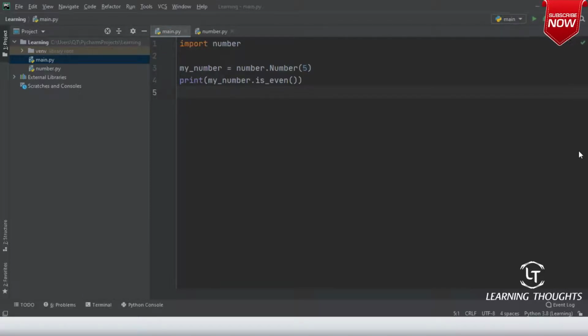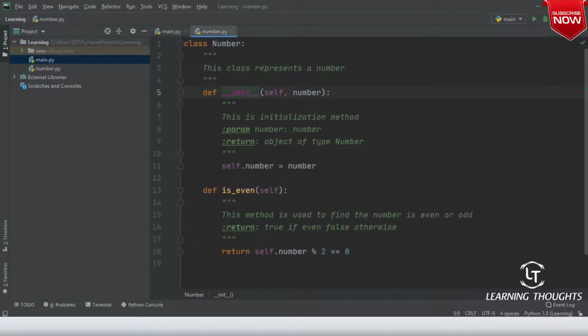So how to write this import statement and all of that stuff, don't worry about it because that is what I'll be discussing. But if you look at this editor, is this editor looking clean? Right, so writing code with respect to these kinds of editors would make more sense. Now just press the control key and click on this number. It will show you that this is a method.